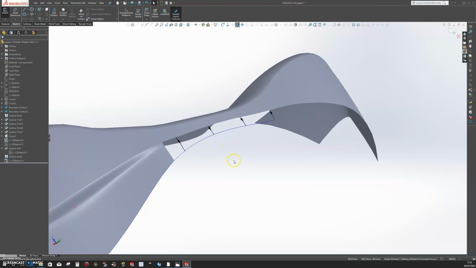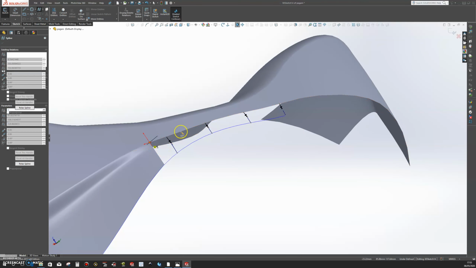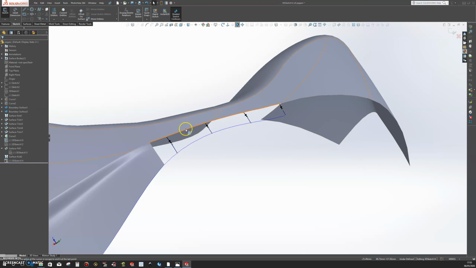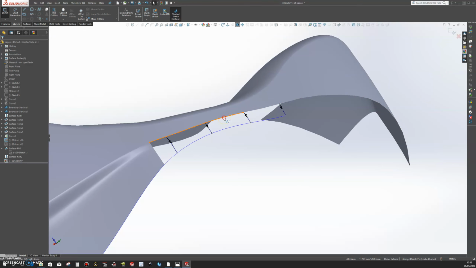Okay, and then let's add another curve from this point. Let's try to snap on those points. Actually, let's delete this curve here. Let's add another one from this point. So we're gonna be closer to that edge. Actually, let's delete that. Okay, so let's add a surface, a boundary surface from